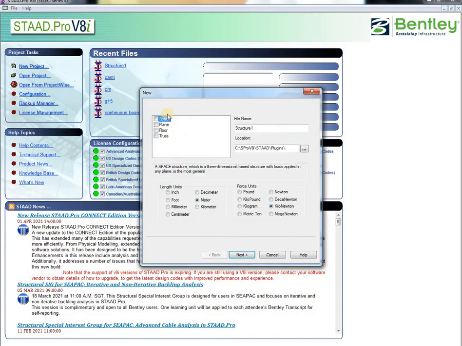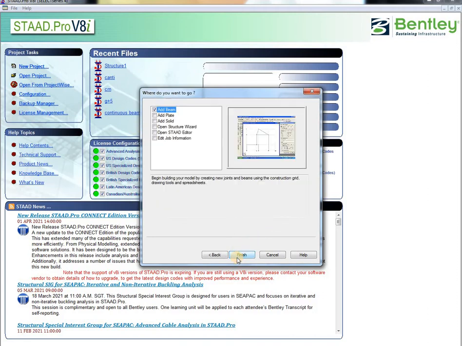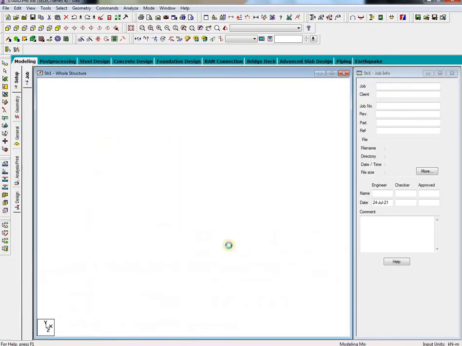Select new project option, then space. Here rename as slab. Here meter and kilonewton. Next add beam, then finish.